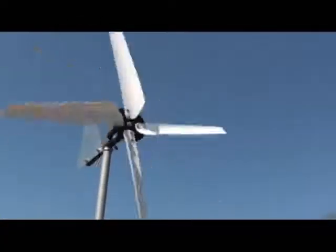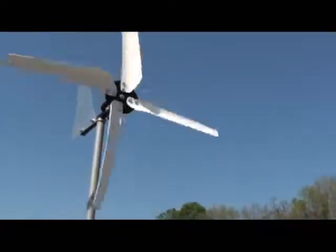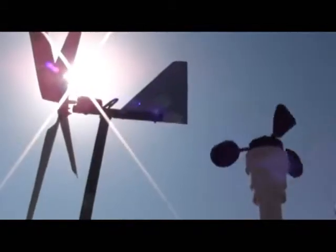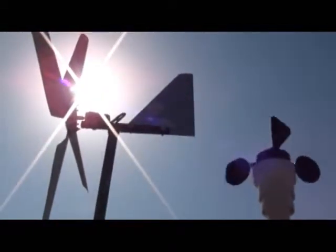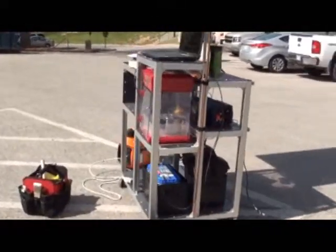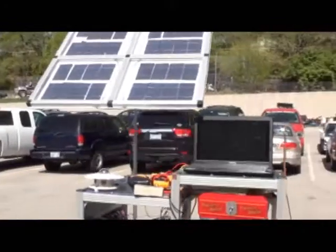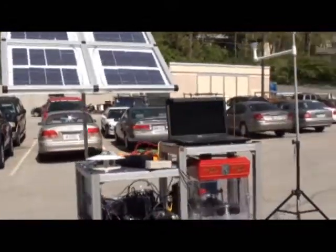Solar and wind energy, two of the most abundant types of renewable energy sources in the world. Successful capture and incorporation of these types of renewable energies is important to the future success of the grid. The EcoHawks are incorporating these two types of renewable energy sources into their small-scale smart grid system, a system that incorporates different sources of energy, different energy storage methods, as well as different loads, to model the smart energy grid